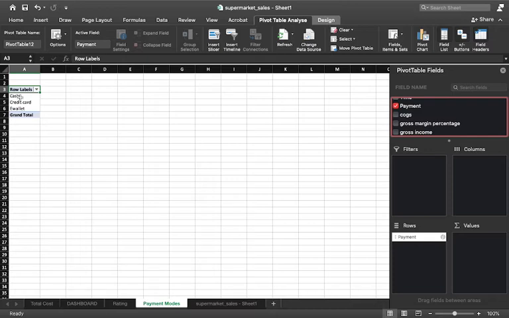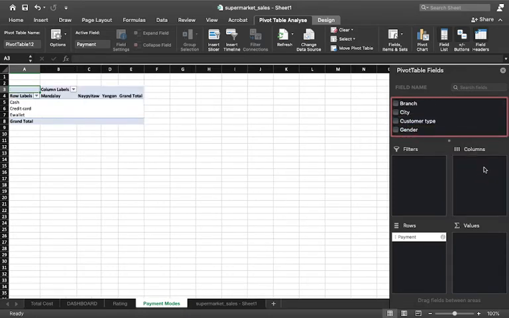So we are basically finding out which was the most preferred payment mode in the particular data set that we have. Okay, so the columns, we need to find it for a particular city. So in the column I'll add my cities, and we need to find the gross income upon that. So we have this column for gross income.